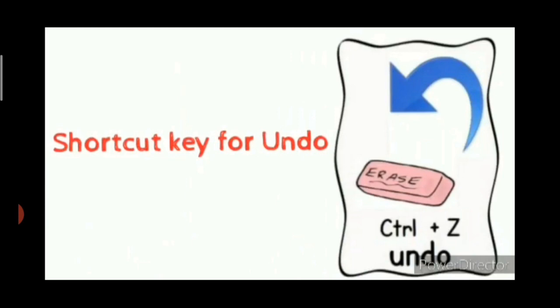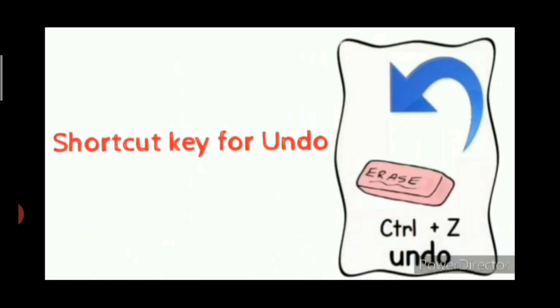So children, do you know what an undo is? What is an undo button? The undo button is used to reverse the previous action. Understood? Whatever previous action you have performed, it will remove that action. For example, if you have written Stemfield International School in your document but you don't want that particular word in that document, you will press the Control plus Z button so that your statement will be removed from there.